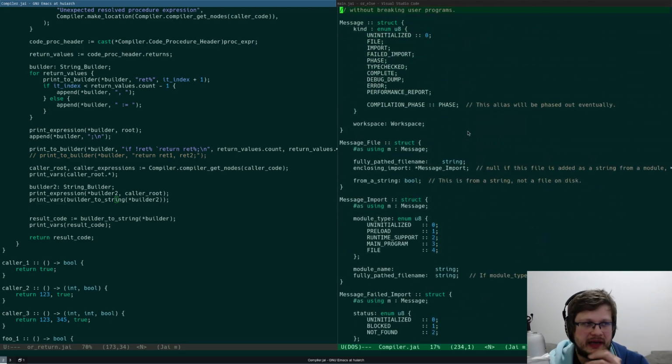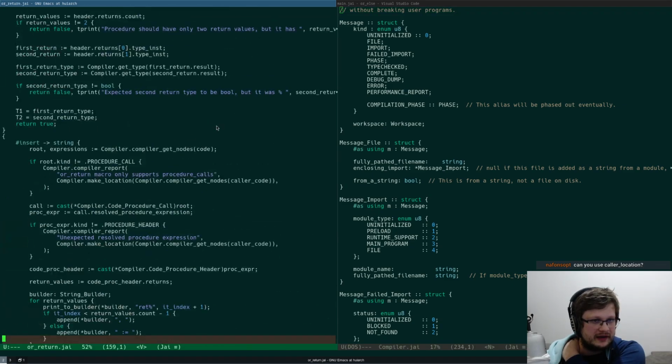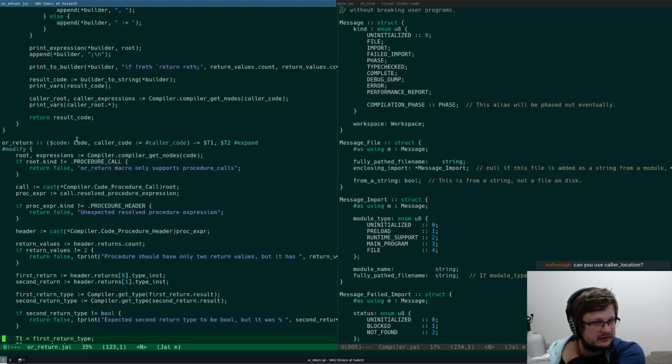So I guess maybe we have to switch to the external metaprogram and search for the type check here. Yeah, I'm already using color location. So I'm getting these color root from the color location here. Right, already.